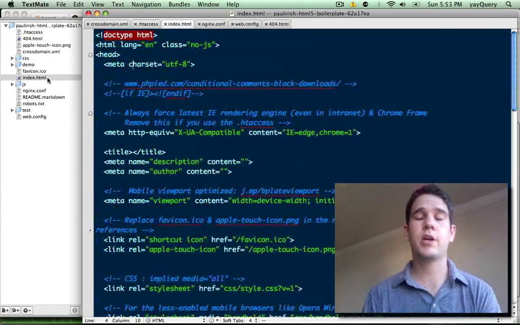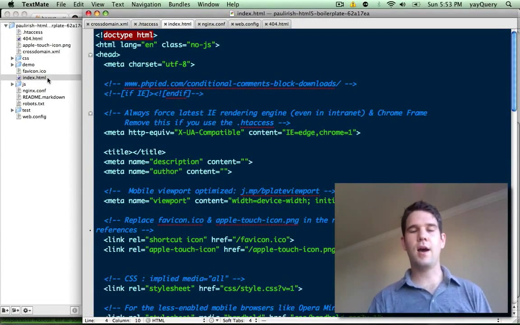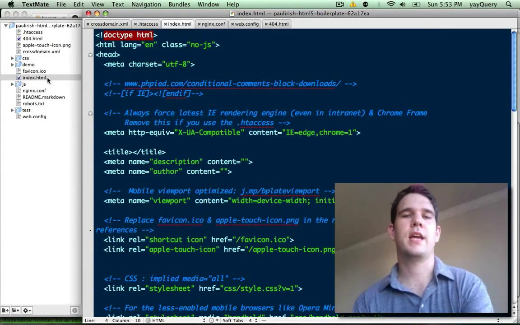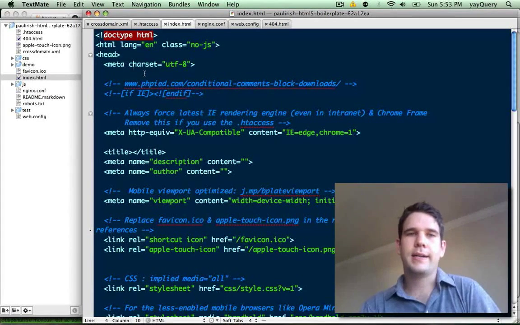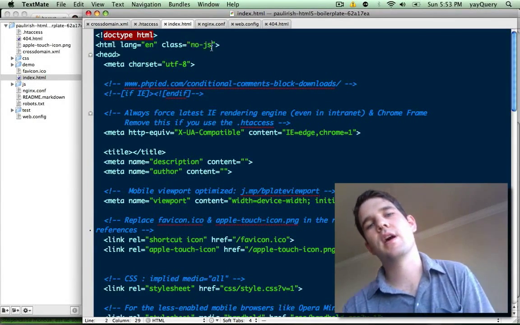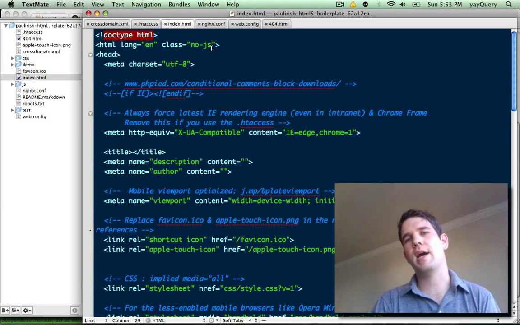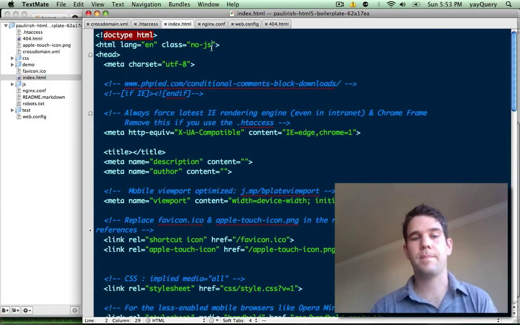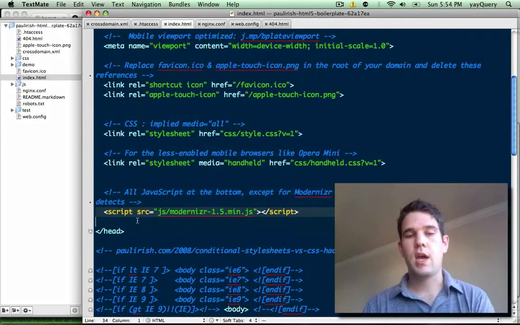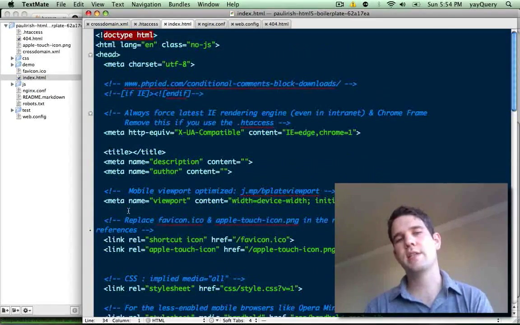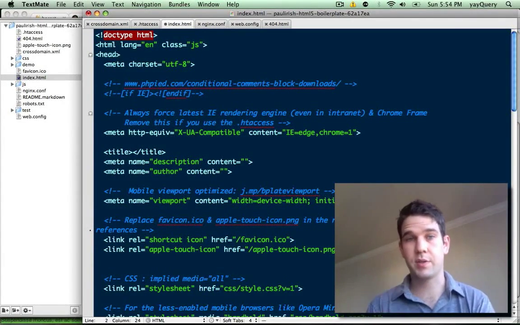But first, I want to go through the HTML. There's a lot of cool tricks in here, and so we're going to go through them one by one. Where to start? I guess I want to start with this no-js class. This no-js class is used by Modernizr. Modernizr is referenced right here. And so Modernizr takes this no-js class and changes it basically to js if you have JavaScript,